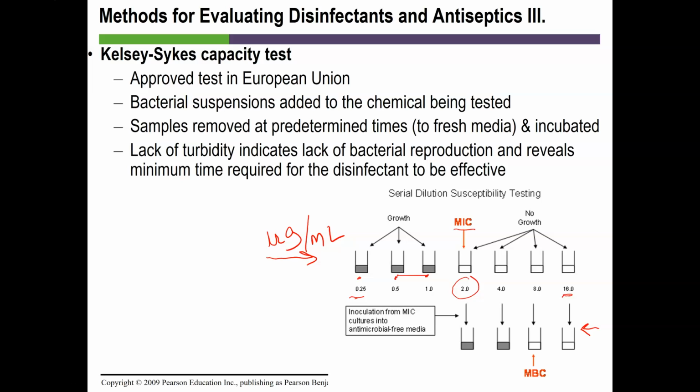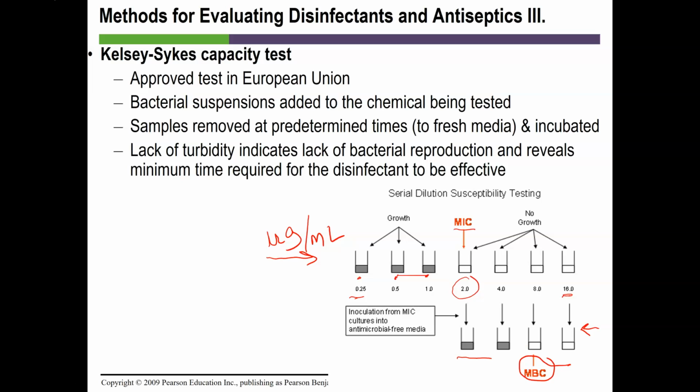In this next step, you see that 2 of the concentrations actually did see growth after transfer, meaning the concentration of disinfectant in step 1 didn't actually kill the organisms, but it did inhibit their division and growth. At this third concentration,